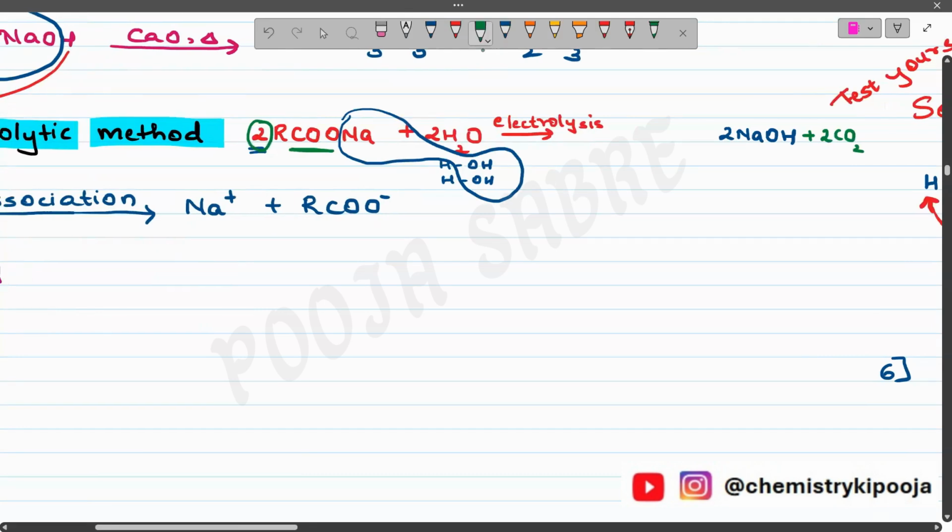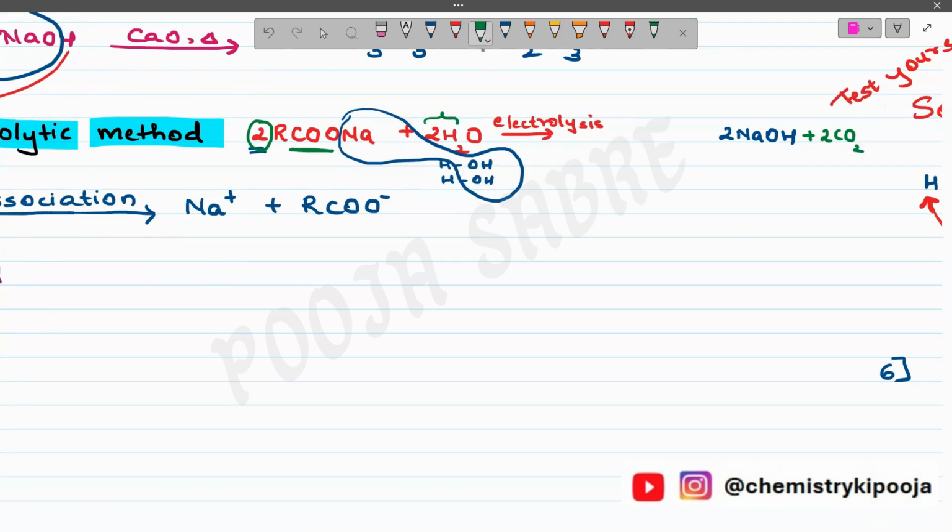Clear? Coming to now, what we are left with? We are left with this hydrogen. And how many hydrogens do we have in this case? We have 2 hydrogen. So this is the hydrogen, 2 hydrogen. So I'm going to write it down as H2. Clear? So H2 in the form of hydrogen gas, it will be released out.